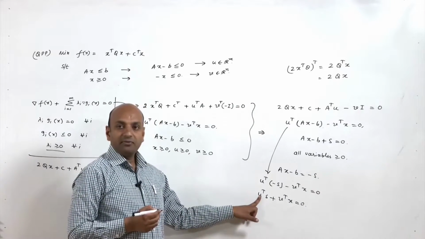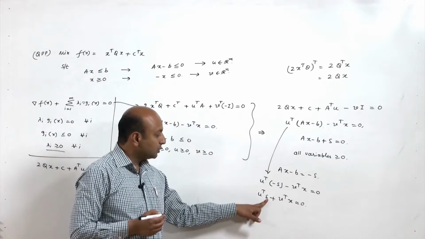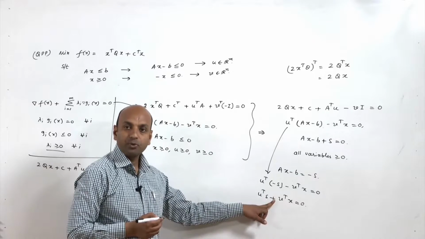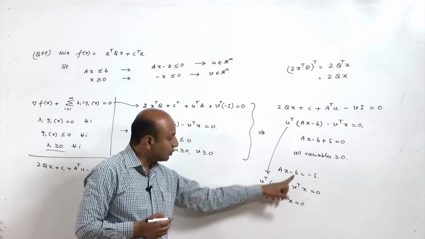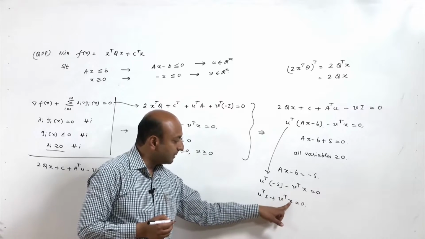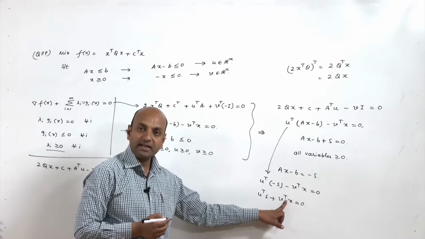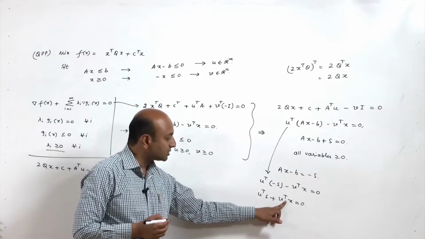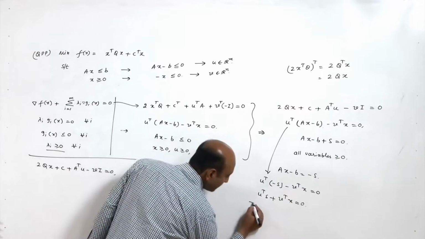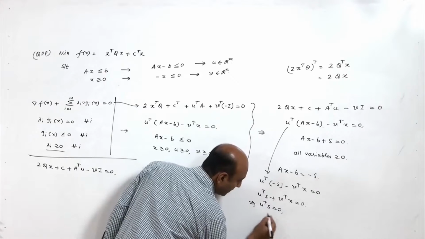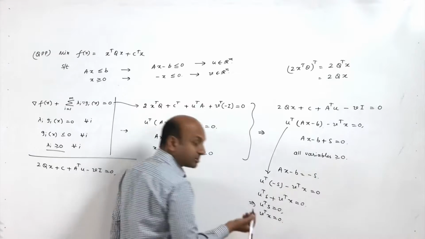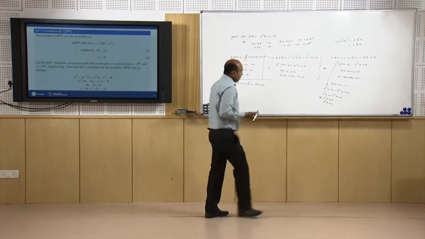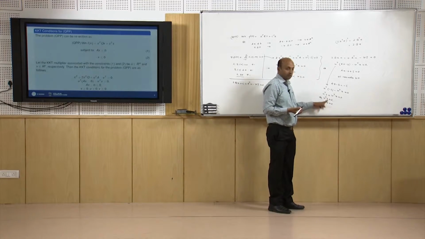Now u is non-negative, s is non-negative, then their sum u1 s1 plus u2 s2 up to um sm will be non-negative, and v is non-negative and x is also non-negative, then their sum v1 x1 plus v2 x2 and so on up to vn xn will also be non-negative, and the sum of two non-negative values is equal to 0. This implies u transpose s is 0 and v transpose x is 0. It is possible only when both are 0, because both are non-negative. Now u transpose s is 0. What does it mean?